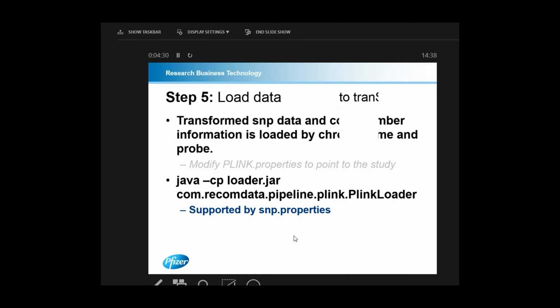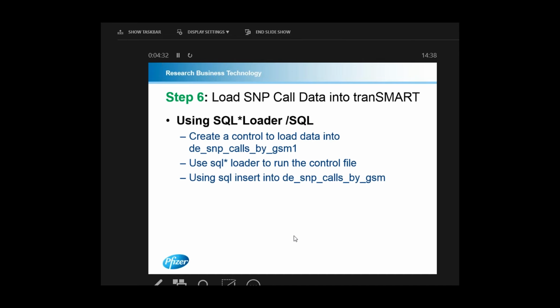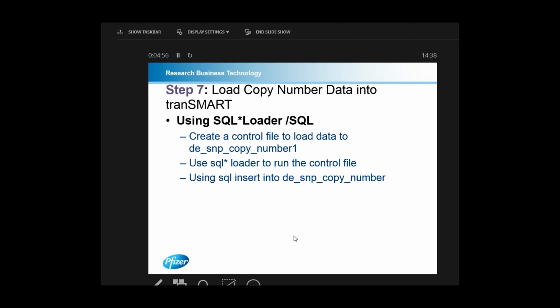Step 6 is the SQL loader step, where a text file gets read into a temporary table using the control file, and then the SQL inserts this data set into the actual table. These are the SNP calls by GSM. Steps 6 and 7 are very similar. Step 7 is where the copy number data gets loaded. Essentially, if all goes well,